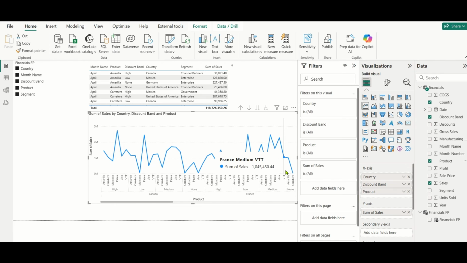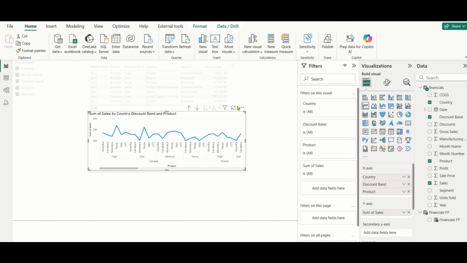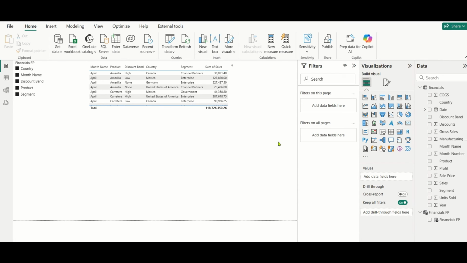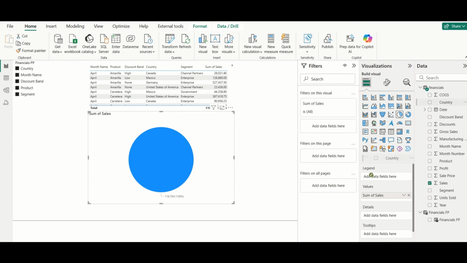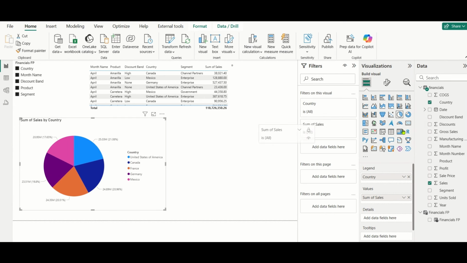So now say users are not interested to see everything, right? Okay, let's remove this as well. Say now I'll go with the initial pie chart which I discussed. So now let's use the sum of sales. In one chart I'll keep country. Okay, so you'll see the sales getting divided by country, and in another pie chart